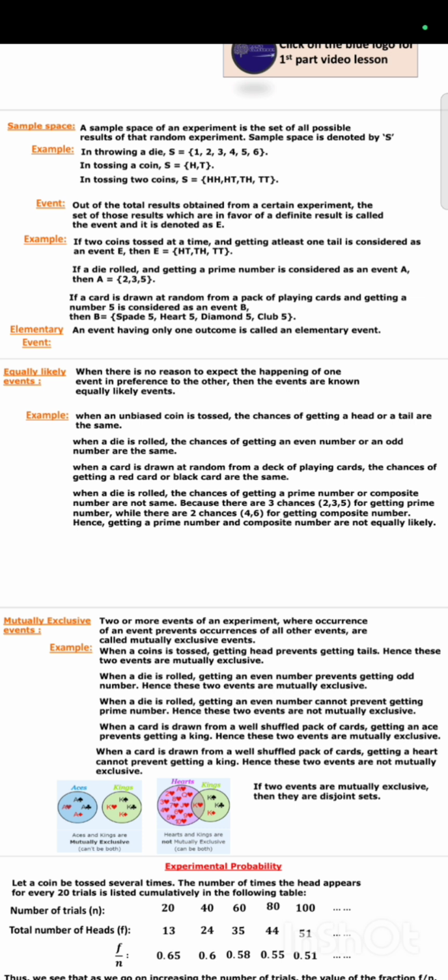Why? Because 26 cards will be red in color, and the remaining 26 cards will be black in color. Total together, 26 plus 26, 52. Again, in the 26 red cards, 13 diamonds and 13 hearts will be there. Again, in the black cards, out of 26, 13 clubs and 13 spades will be there. So like this we can explain.